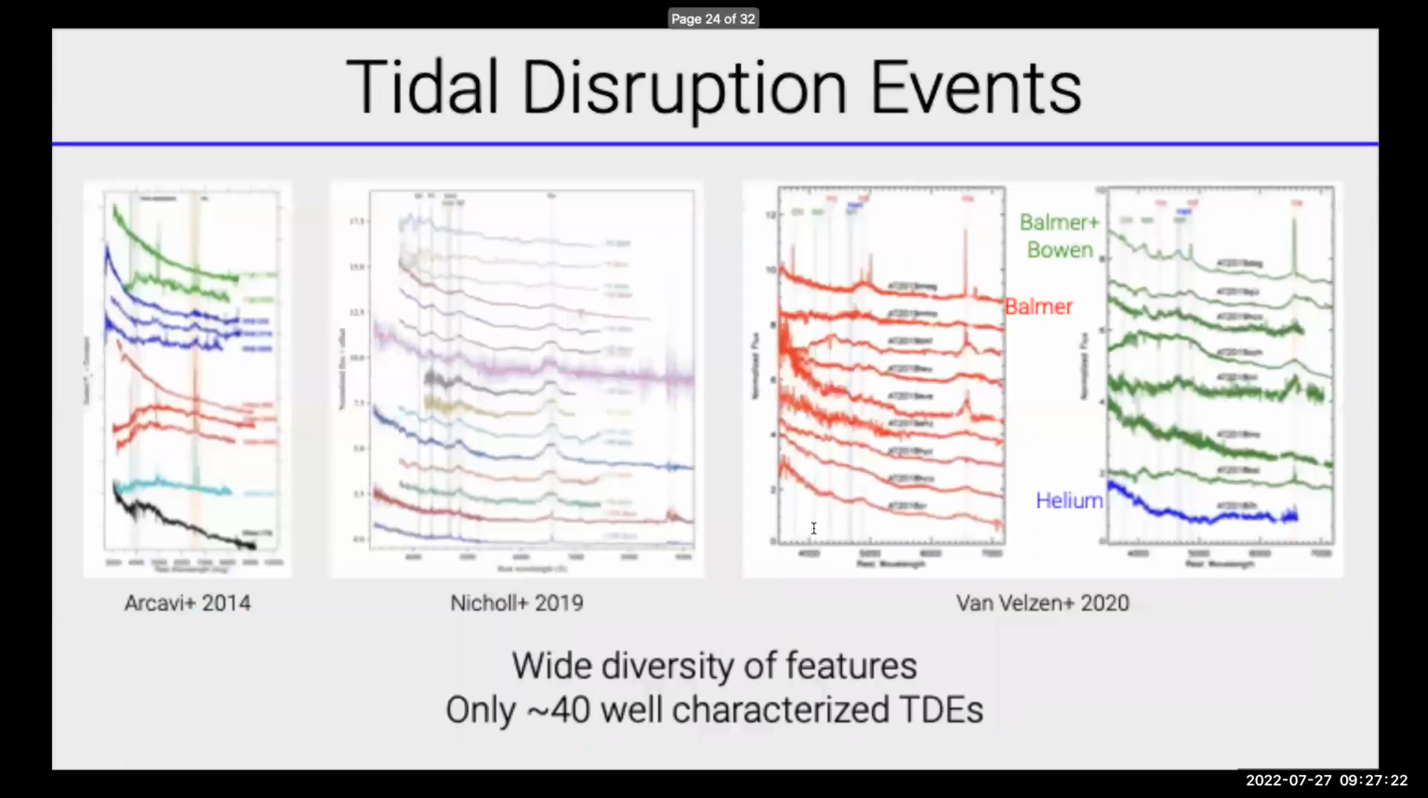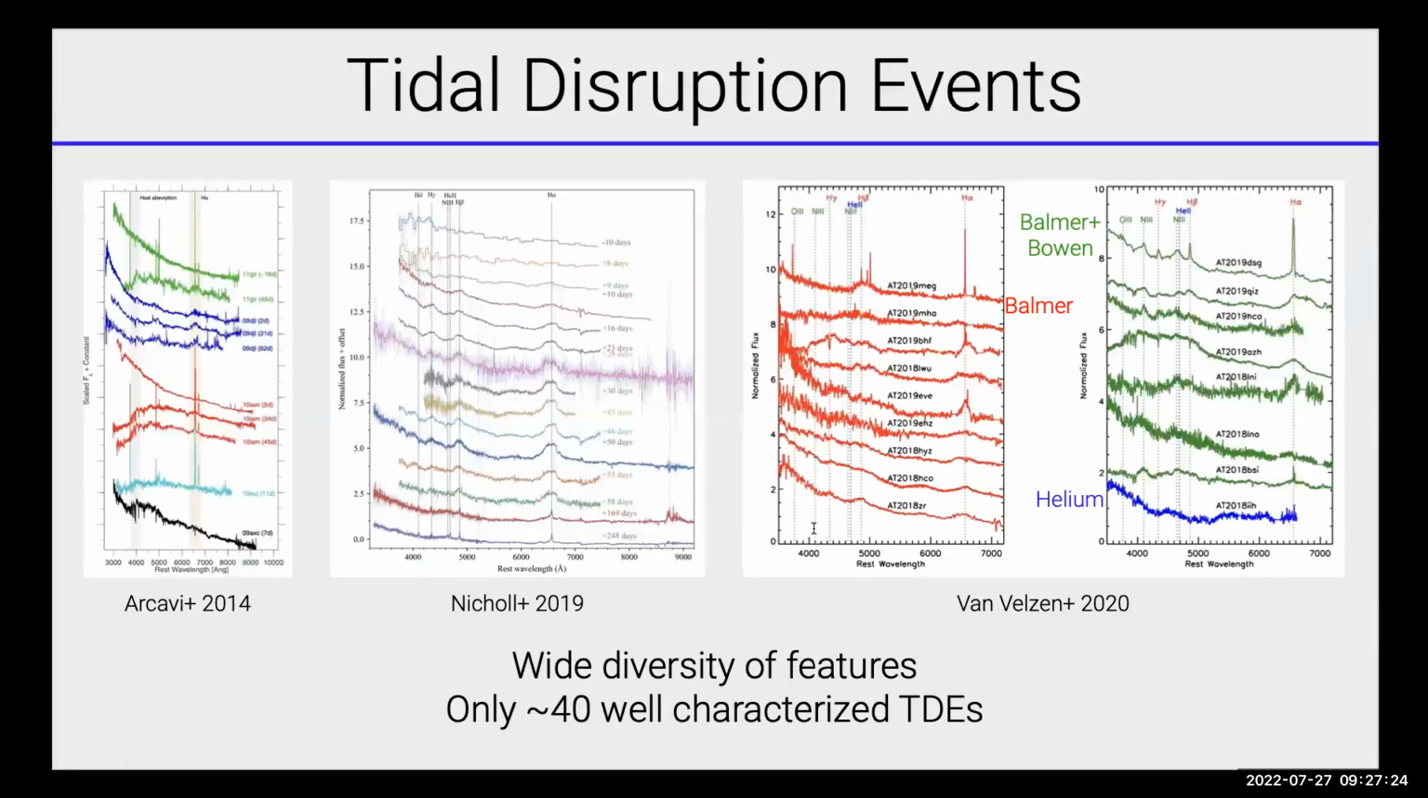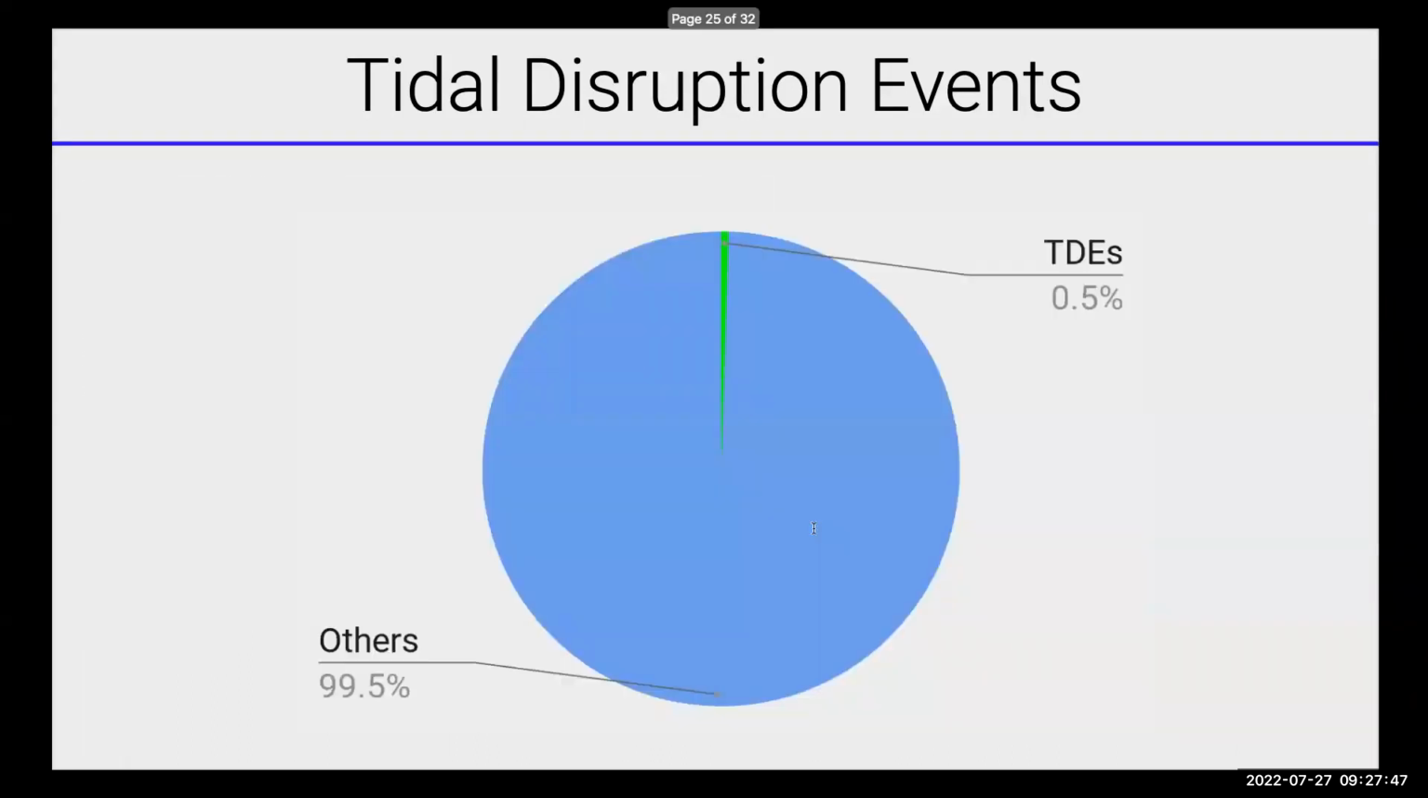And a lot of questions are open about TDEs. There's only around 40-ish, 60 TDEs that are well characterized in the literature, and they all show a wide array of features. Some of them have Balmer lines, some of them have broad lines, some of them have radio and X-ray, some of them don't. So we don't have a cohesive picture of TDEs, which is why it's very important that we try and find more of these. And it's even harder than for superluminous supernovae, because TDEs make about 0.5% of all transients in an unbiased time domain survey, as opposed to superluminous supernovae,